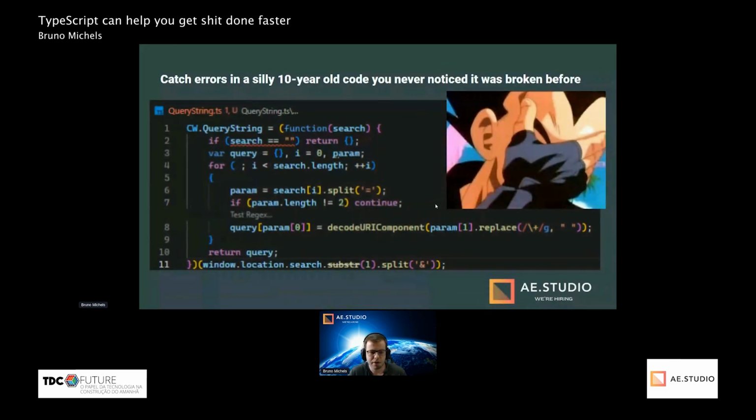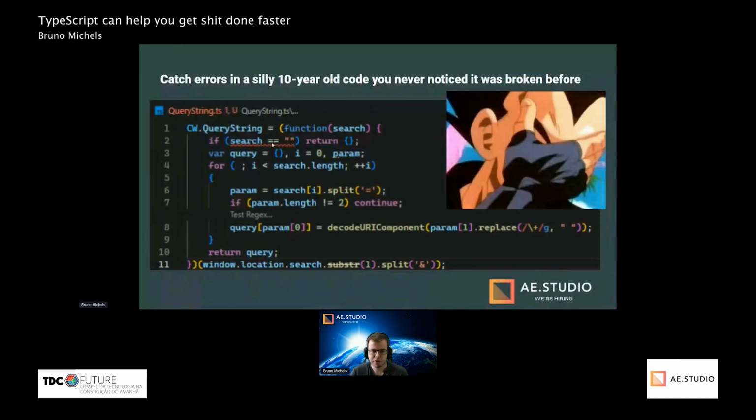So basically, I have this parameter on my function called search. And search, if you look on the last line, it's an array of strings because it gets the URL search, gets part of it, and then splits with the AND operator. So I get an array of strings. And here on my line 2, I was comparing my variable, which is an array, to an empty string. But an array or null is never going to overlap with an empty string.